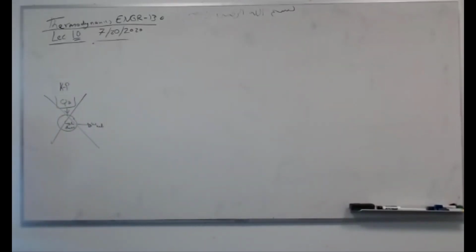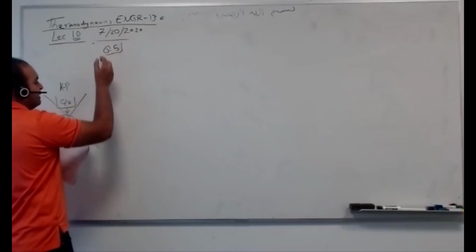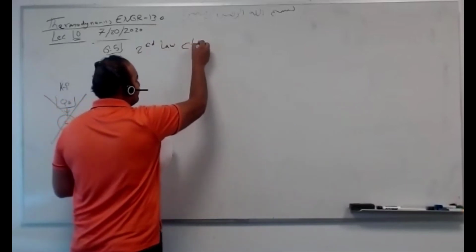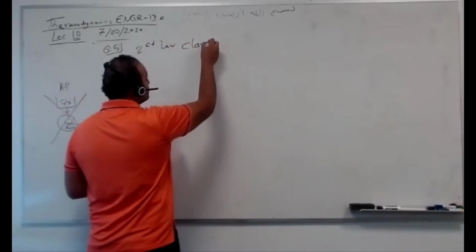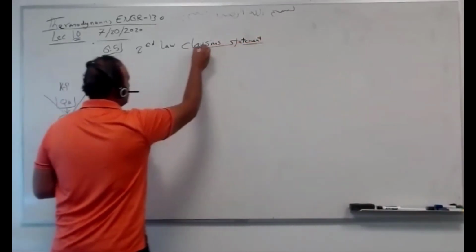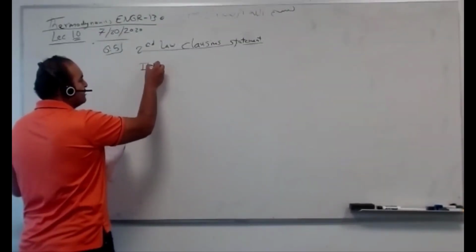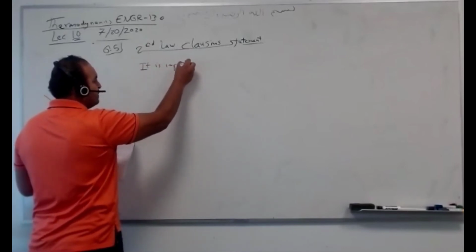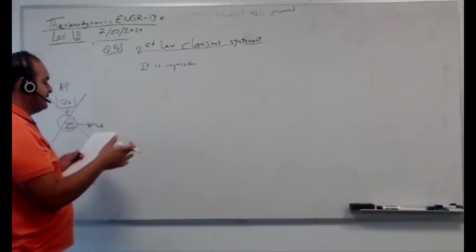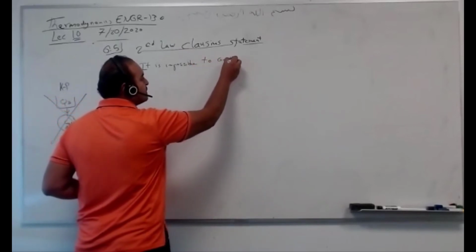Clausius gave a similar statement, but a little bit different. So in 6.5, at the very end, the second law, Clausius statement. Again, this scientist gave his opinion about the second law of thermodynamics. He said it's impossible. I'm writing this, guys, because I'm going to ask you who said that and how he said it. So you need to know what's going on. To build or construct a device